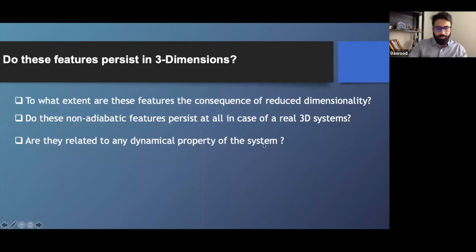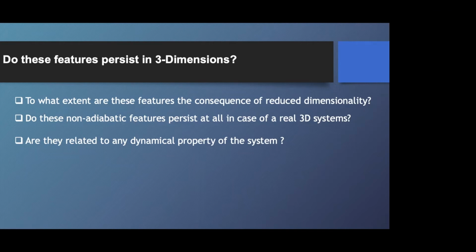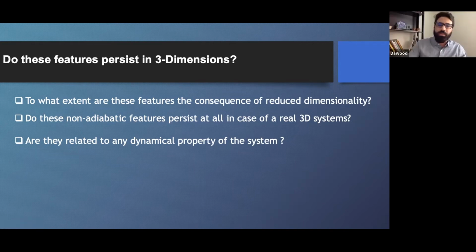So one of the questions that one can ask then is, do these features persist in 3 dimensions? It's sometimes argued that correlation effects are stronger in the one-dimensional cases. So the natural question is to ask, to what extent are these features the consequences of reduced dimensionality? In particular, do these non-adiabatic features that we saw in the one-dimensional case persist in a real 3D system? And if they do, can we find any dynamical property of the system that we can relate to these non-adiabatic